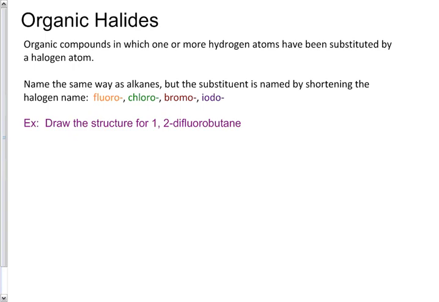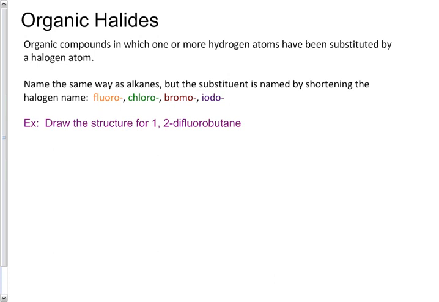Now, organic halides are very easy to name as well. They're named just like alkanes would be. You'd follow the same set of rules, but instead of being a methyl or an ethyl group as a substituent, now you have a chlorine, a fluorine, a bromine, or an iodine as a substituent. And you use the prefixes fluoro, chloro, bromo, and iodo as their